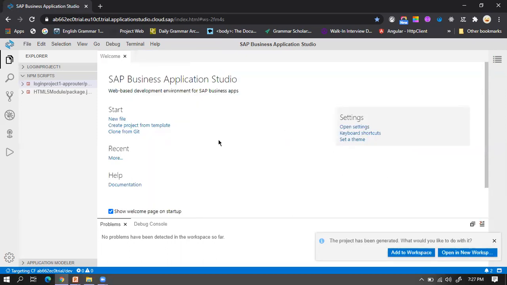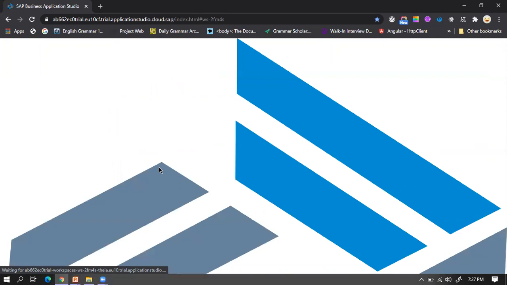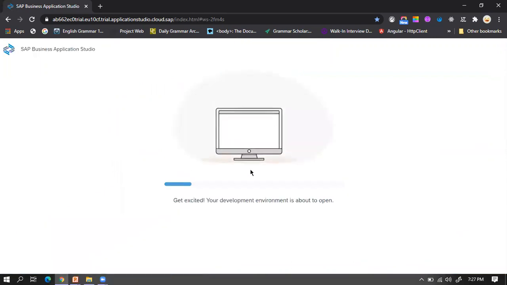Okay, so finally our template is generated. I want it to open in a new workspace. Let's click on new workspace. It will open the project in the new workspace environment.